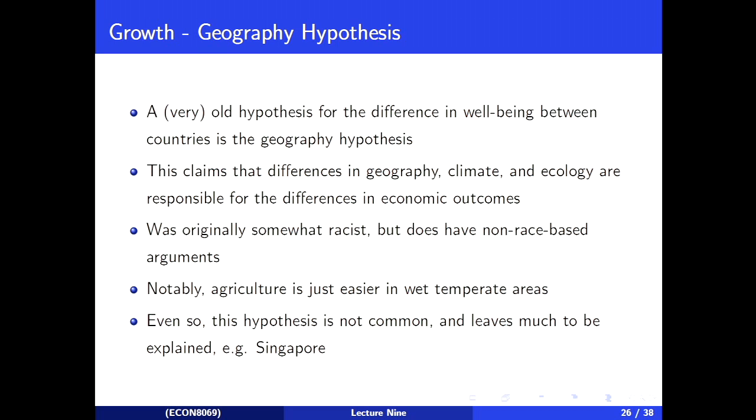Particularly, Singapore is just such a good counterexample to all of these kinds of older arguments, because Singapore is a tiny country that has basically no land for agriculture. It does have some agriculture, I'm aware, but virtually none. It's either jungle or swamp in most of the middle parts. And yet it is a country with a very, very high output per capita. So certainly the geography hypothesis might give some insight, but it doesn't give a whole lot of insight into why these differences occur.